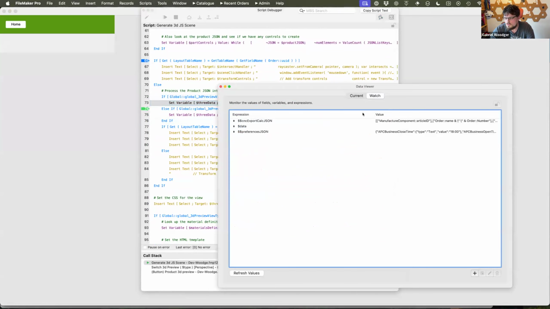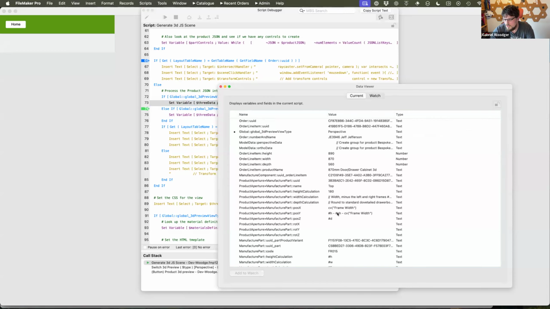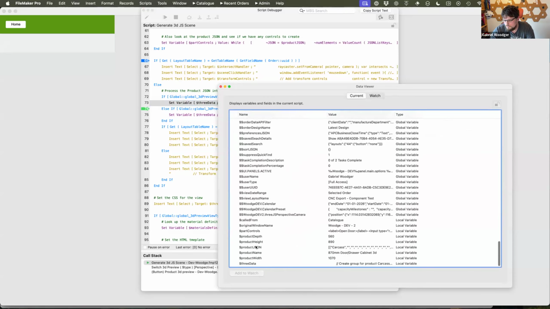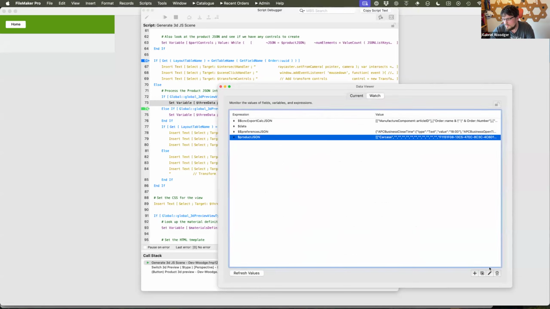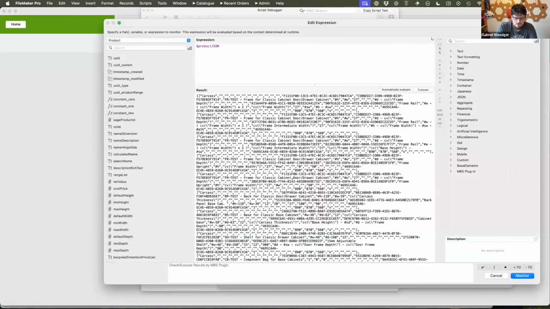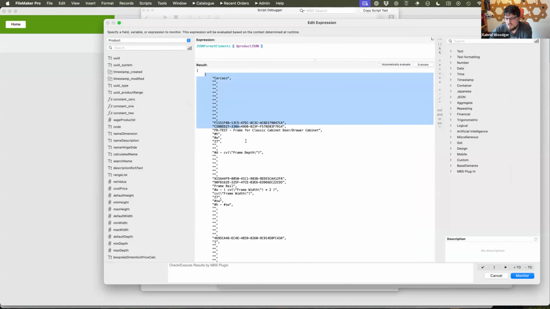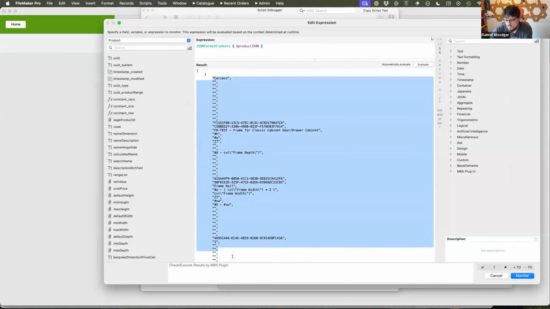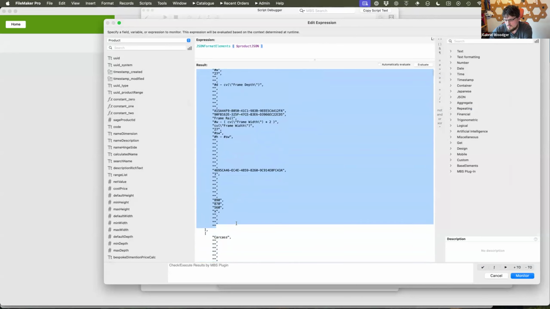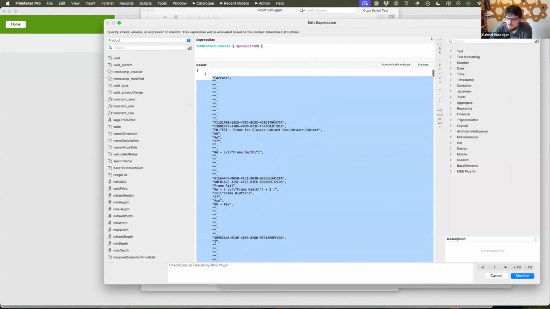That returns what we call product JSON, which basically returns for every single component about, I don't know, maybe 50-odd different attributes